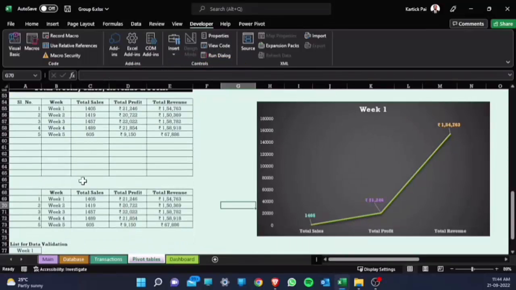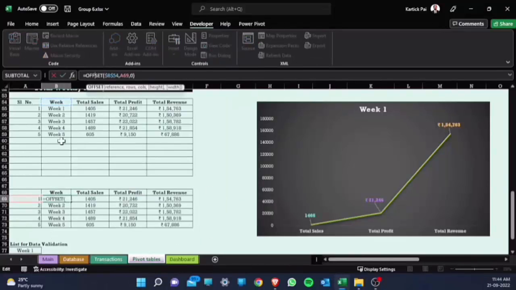Okay. So in order to create the second table, which is linked to the scroll bar, we need to return values present in this table over here. Now how does that happen? If you notice, we have a function called OFFSET, and that is exactly what is used to return values from another table. So in order to return the values, we will need a reference. So let's say for the first column, for week, we want all the values from this table to be returned over here. So we select week as a reference, the cell,